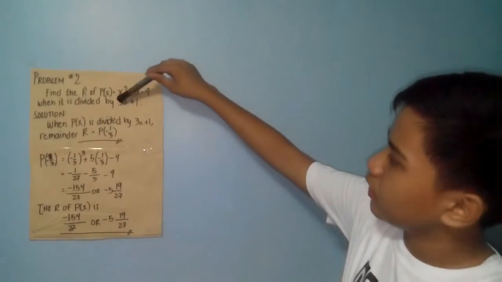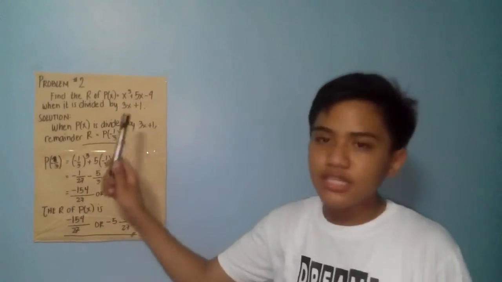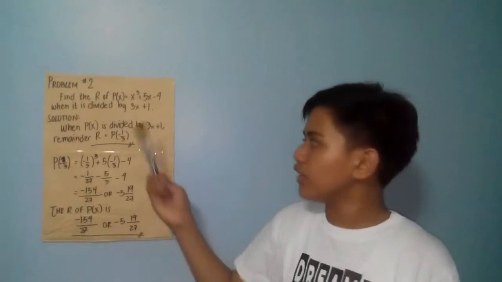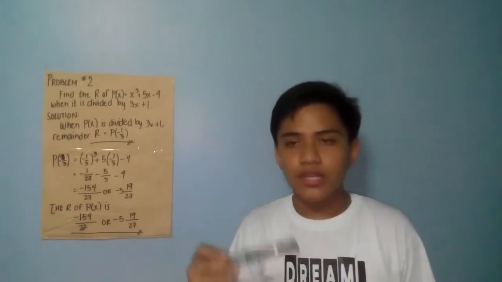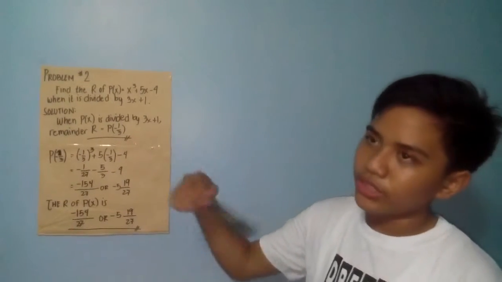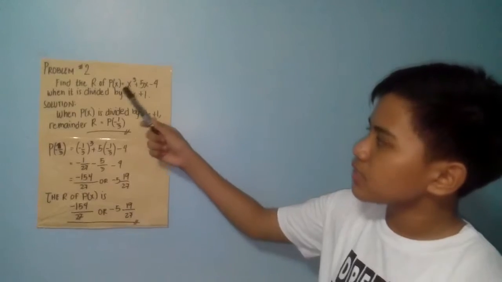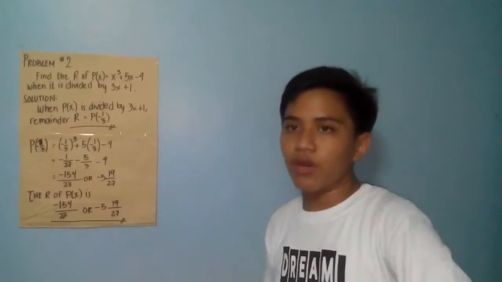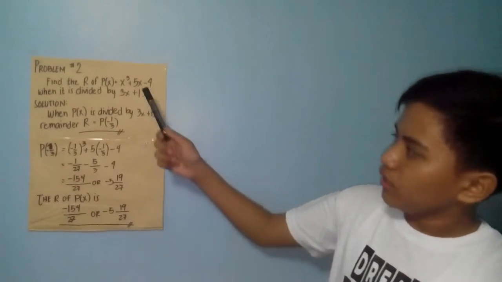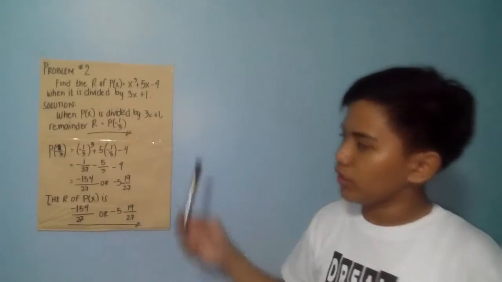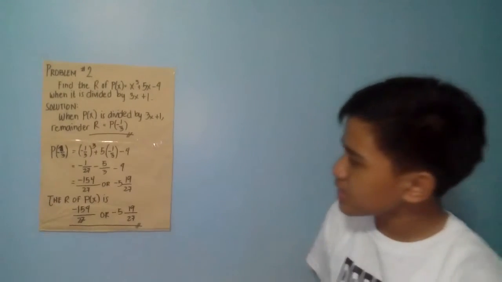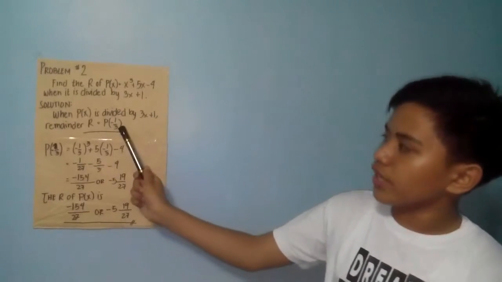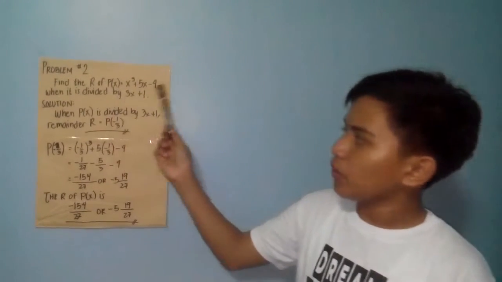And then for us to isolate the x in the divisor, we need to divide by the leading coefficient of the x, which is 3. We need to divide 3 into negative 1 for us to isolate the x, and then the result will be negative 1/3. Next, we just need to substitute the value of c, which is negative 1/3, to the whole polynomial of